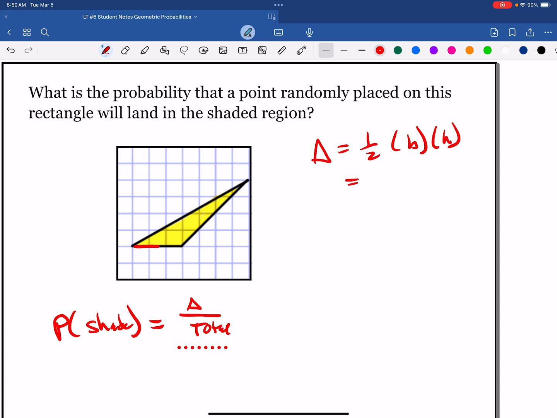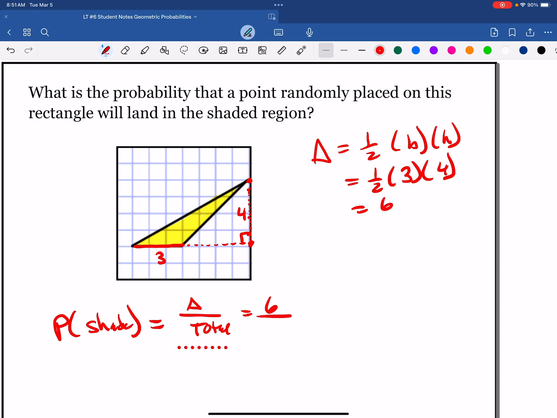So I'm going to use this as the base, which is a base length of 3, and the height extends from here to here, which is 1, 2, 3, 4. So I know that it's 1/2 times 3 times 4, which is 6,